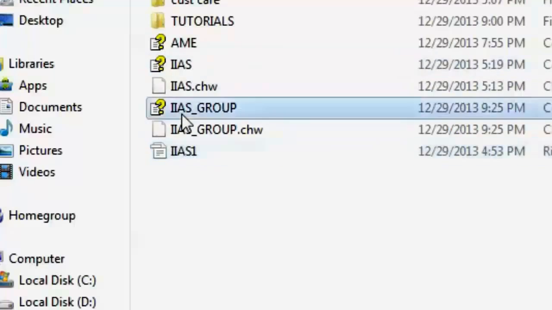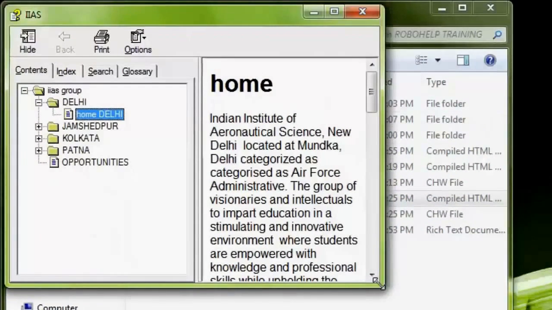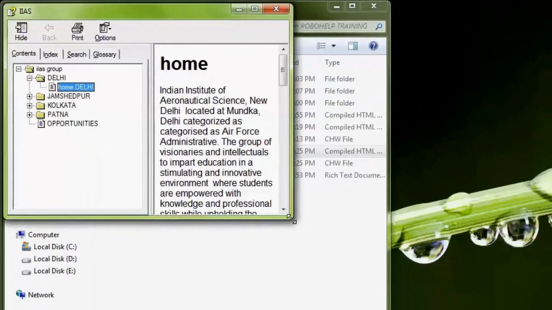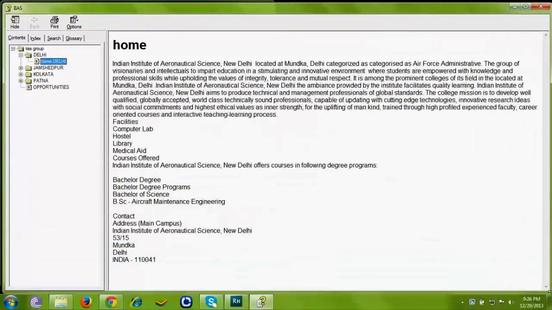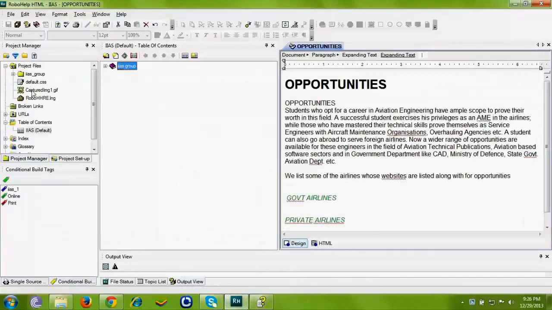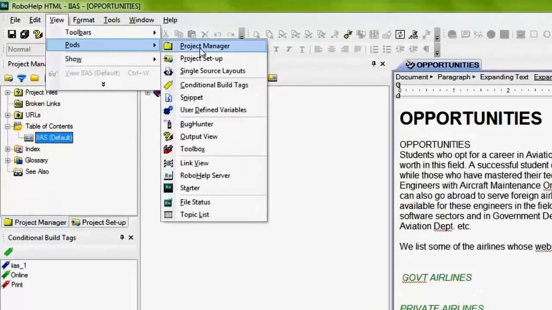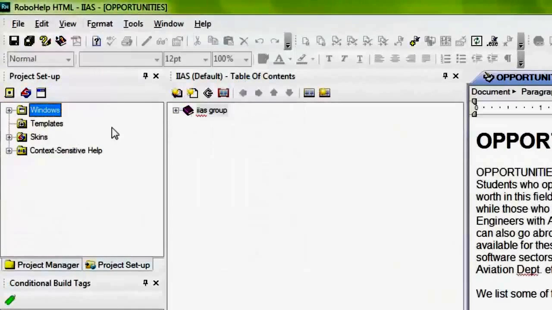Now you can change some more properties of the RoboHelp output. Let me show you one example. Suppose I am clicking on this output, and this HTML help system is very small for my window. But if I need it in full screen, I'll change these settings. For changing the settings, I'll go to View, Pod, Project Setup. Here you can see one Window option is available. I'll just click on Window.